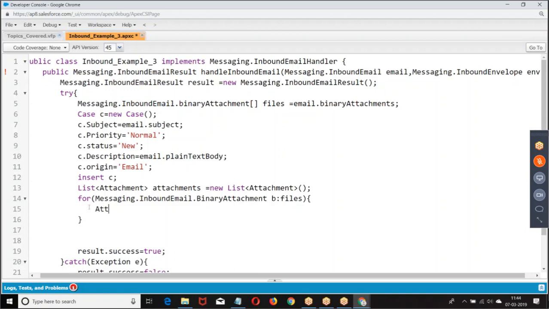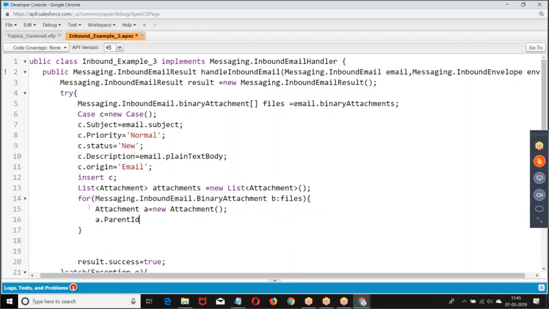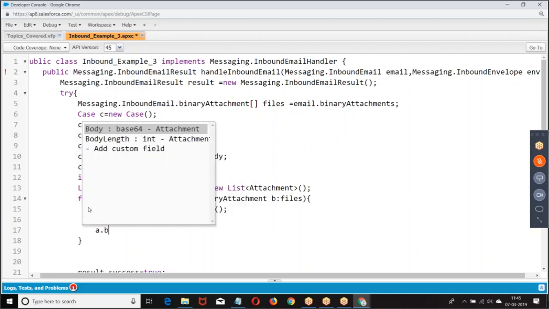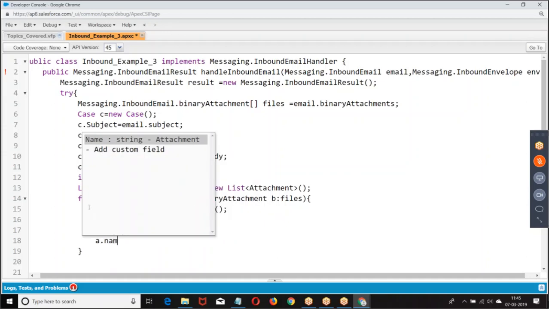Then what are you supposed to do? Attachment a equal to new attachment. Simple DML operation. ParentId: for which record this attachment is added. Whatever case I created, for that case I am adding this. a.Body equal to, a.Name.